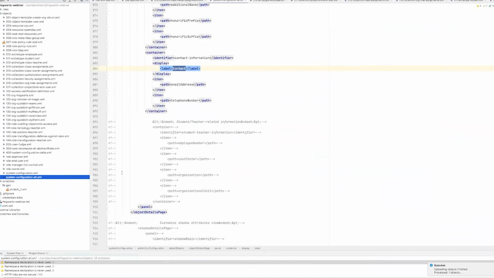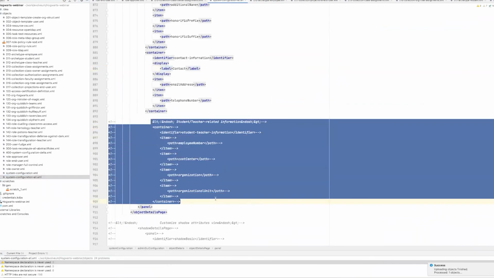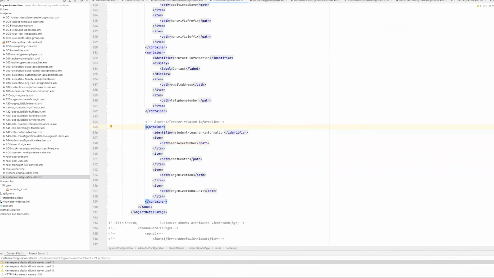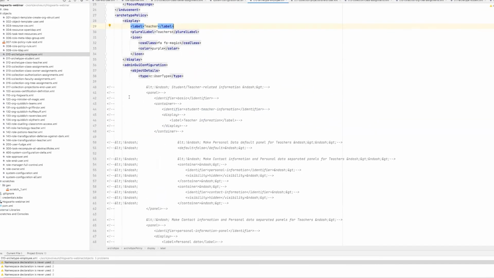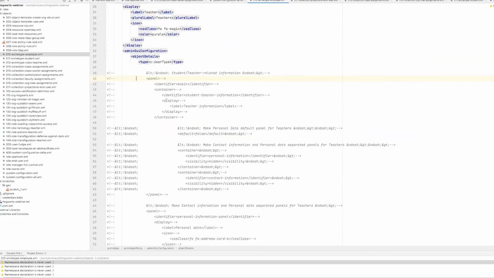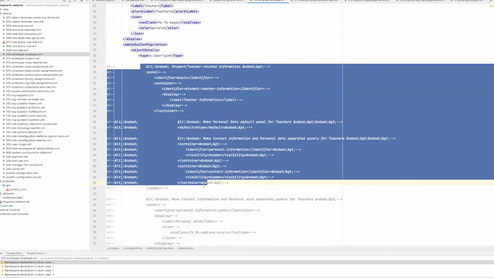So as I mentioned, we will do the virtual section at the global level. So again, in the system configuration object, this section will have the identifier student teacher information and will contain attributes employee number, cost center, organization, and organizational unit. You can see that we didn't define a display name here because we will do it in the archetypes directly. So first we will do it for the teacher archetype,